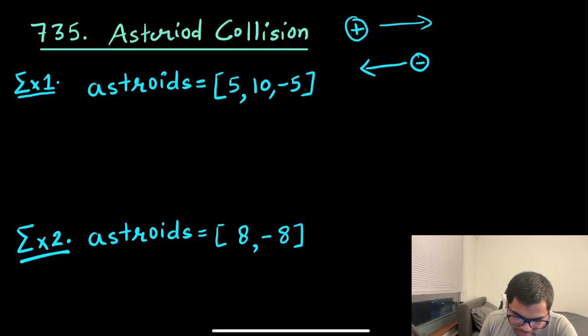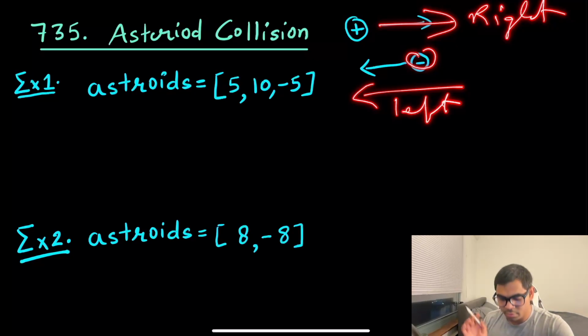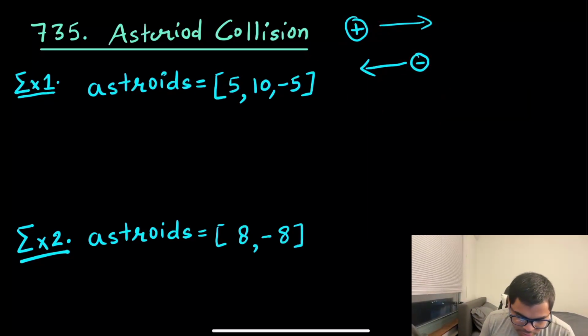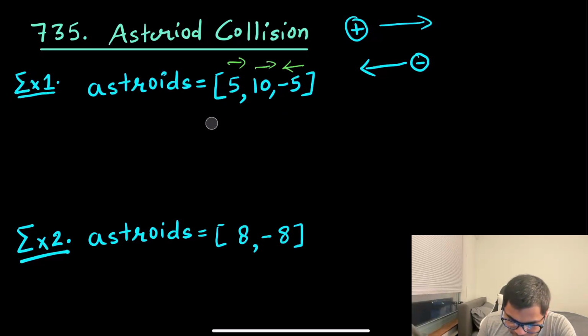So we have already studied that positive means it's going towards right, and negative means it's going towards left. Now if you see asteroids in the first example, right over here we have three asteroids, and this is the relative order. The reason I'm drawing this two direction arrow is because this one is moving to right, this one is moving to right with the same speed, but -5 is moving to this side. So how do we actually calculate